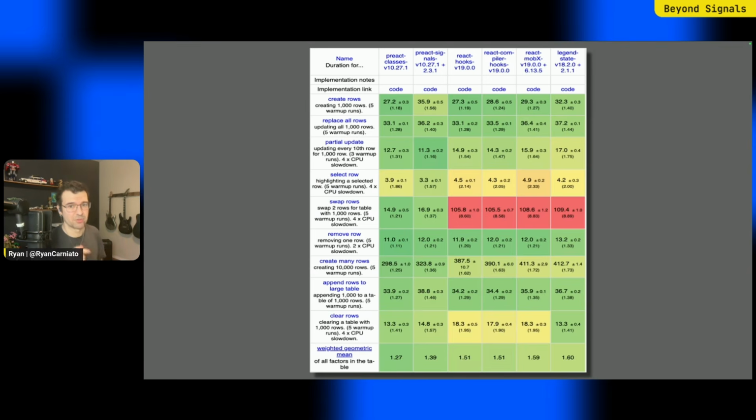Adding MobX or Legend State or Jotai or Redux or whatever you want to React, or even adding signals to Preact, isn't guaranteed to improve the performance in all cases. In fact, on average, it actually makes it slower, because even with the signals, they still have a whole system for doing updates with the virtual DOM. You aren't escaping that. Sure, in some cases you can avoid component re-renders, but optimal code would do that as well, and without the additional overhead.